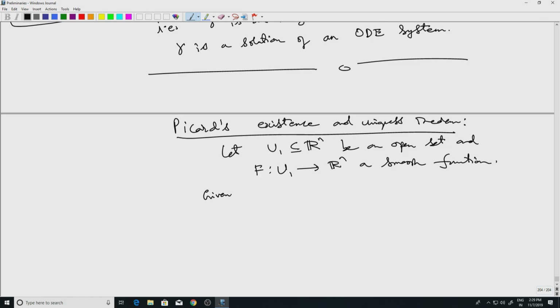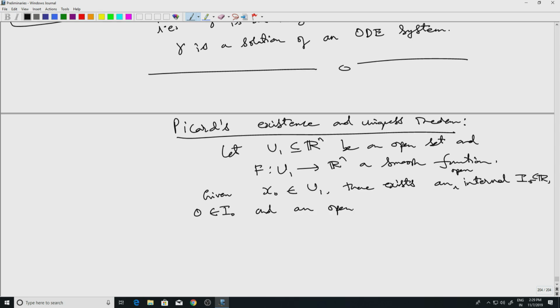Given x naught in U1, there exists an open interval, let's just call it I naught, in R with 0 in I naught, and an open set V which contains x naught and is contained in U1, such that